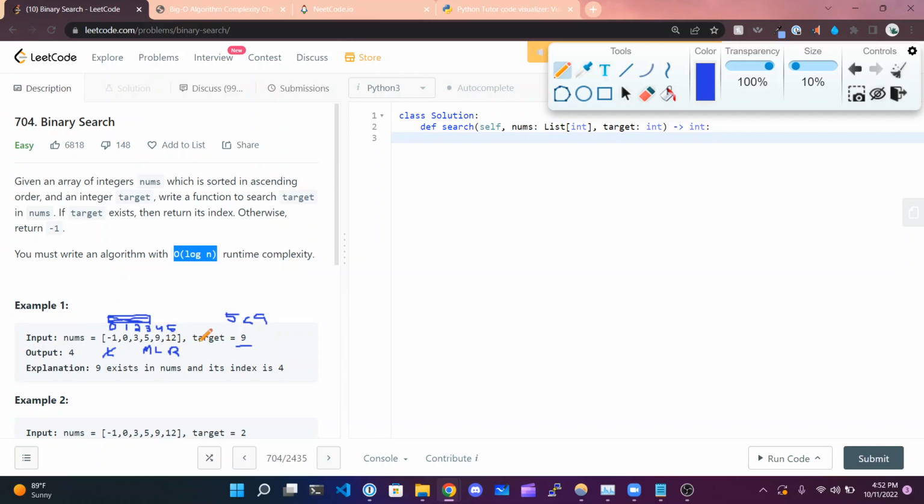So what this is doing is cutting the runtime in half each step. The reason why this is O(log n) is because this is secretly base 2. And if you remember from math classes,